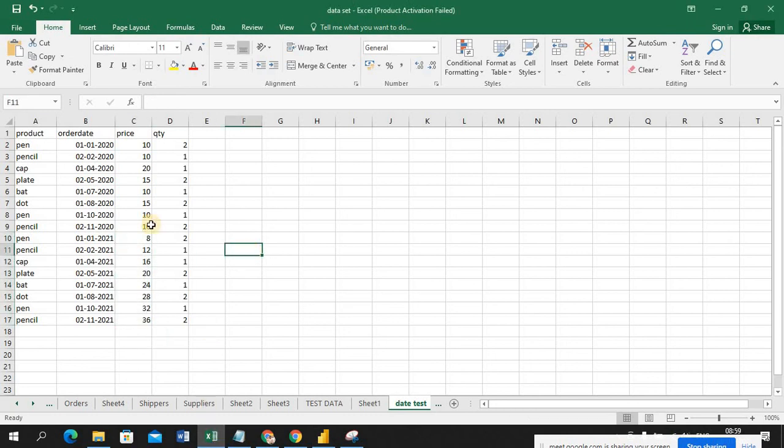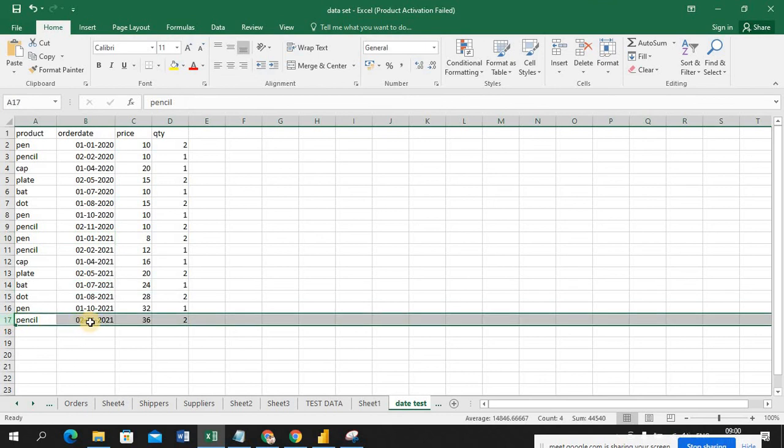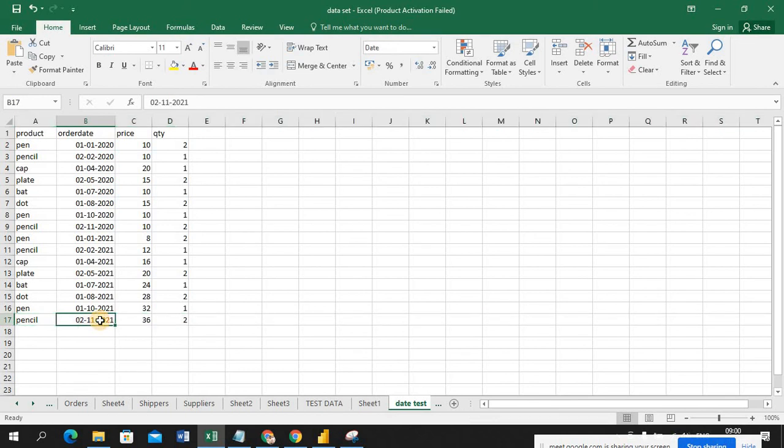The max date here is in 2021, right? And the current month is 11, right guys? This record is the max record. So here November 2nd is the current month as per this table, so that is showing 36.